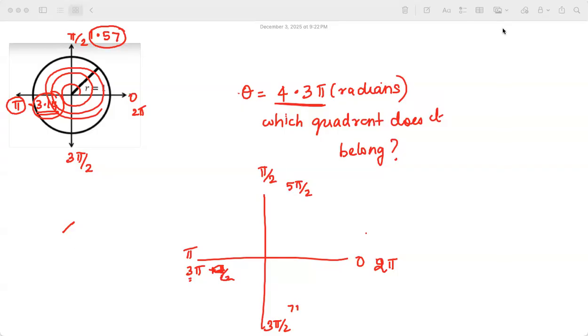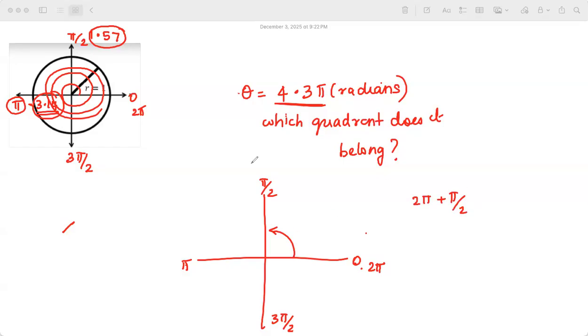Okay, let me go ahead and do this properly. I don't know whether you all understand. One clean time I'll do, then you can do it by yourself. So here, this is 0. Now I go to pi by 2. Then I go to pi, 3 pi by 2. Then when I come back here, it's a full turn, right? So it's going to be 2 pi. Now how to calculate the next one? From 2 pi, I travel another pi by 2, so I add that. When I add that, it's 5 pi by 2. So I can call the same location 5 pi by 2.